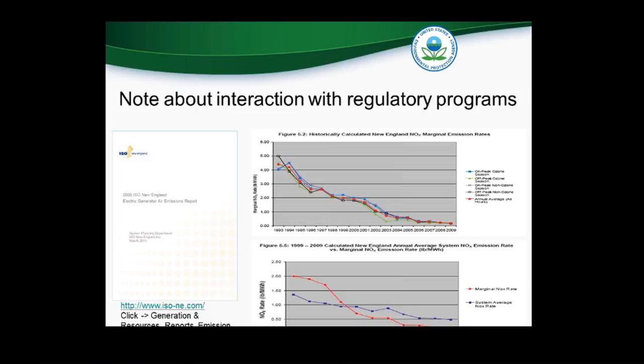The chart on the upper right is basically showing in New England from 1993, the NOx output emission rate, the marginal rate, was about 4.5 pounds per megawatt hour, and in 2009 on the right it was less than 0.5. And this happened because in New England there are a bunch of regulatory programs that reduced NOx emissions from electric generating units. So that's the conclusion of my introduction.